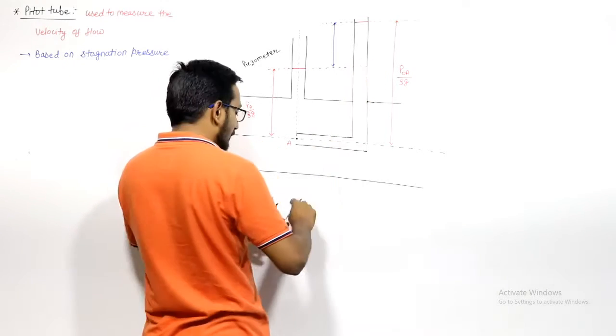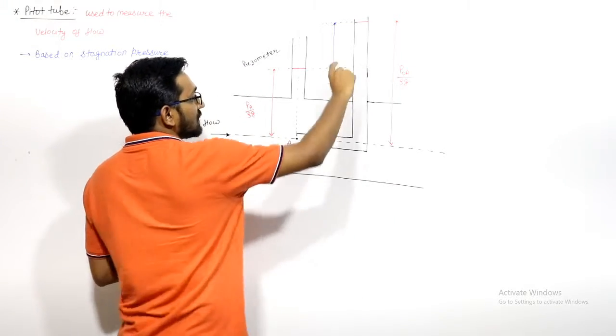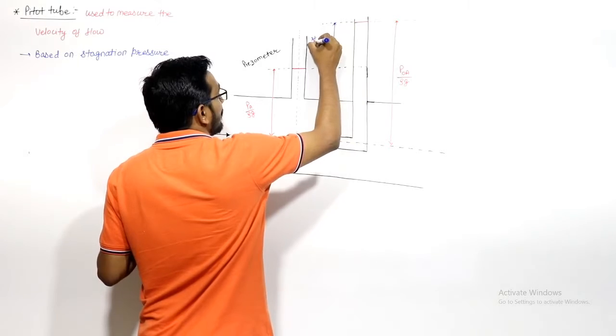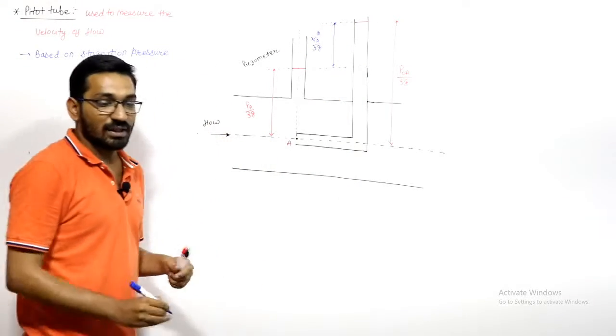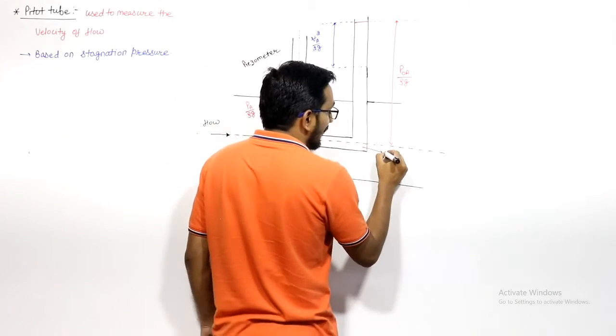Because same fluids at the same point, the pressure will be same. So this is static pressure here, but it measures the stagnation pressure, and this increase in the pressure is because of the dynamic head, that is VA square by 2G. This is increased and this is equal to VA square by 2G, and this L-shaped right angled tube